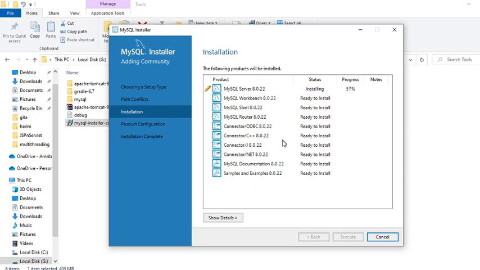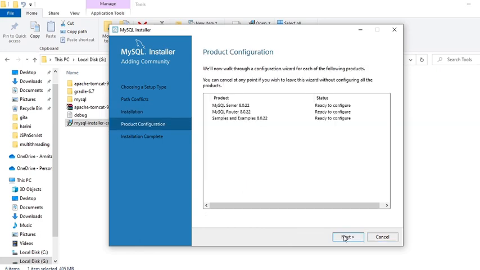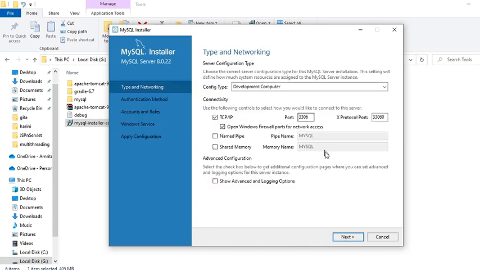It's a standard procedure, so you don't need to select anything specific. You just keep all default values. We'll get to this page. It will take some time, so I am going to pause my video and come back. Once the status of all these becomes completed, click next. Next. Keep all the default values. You don't need to change anything.